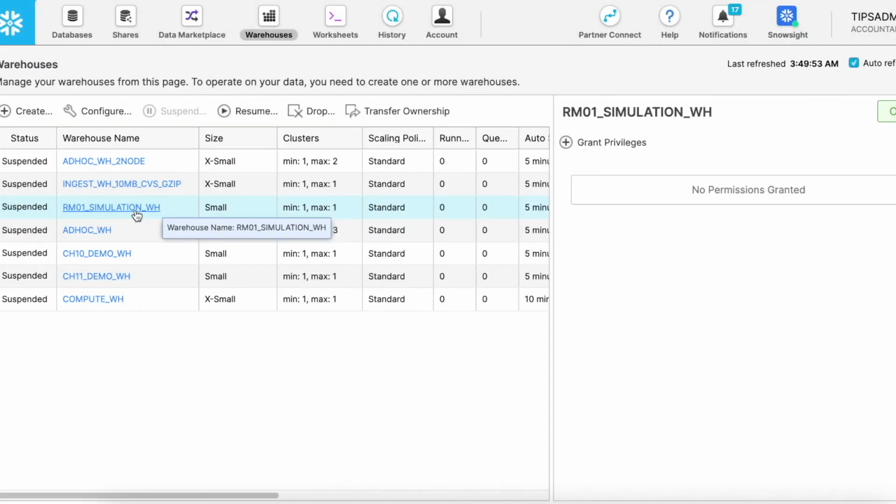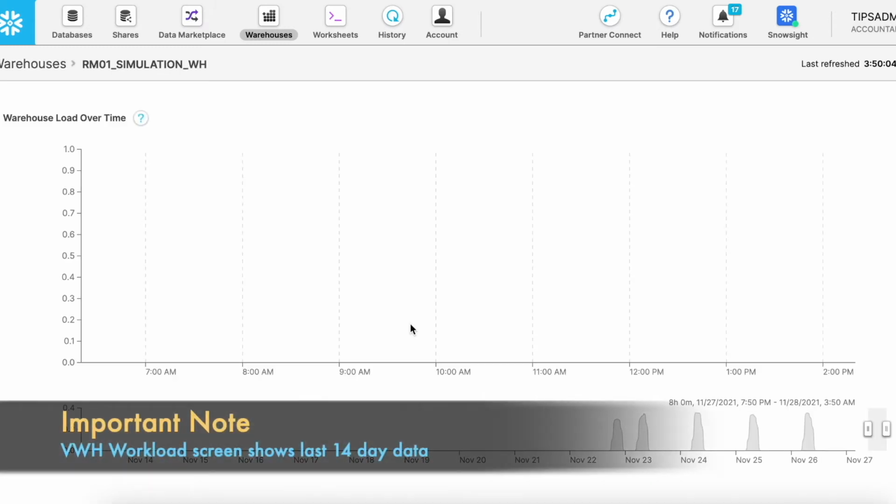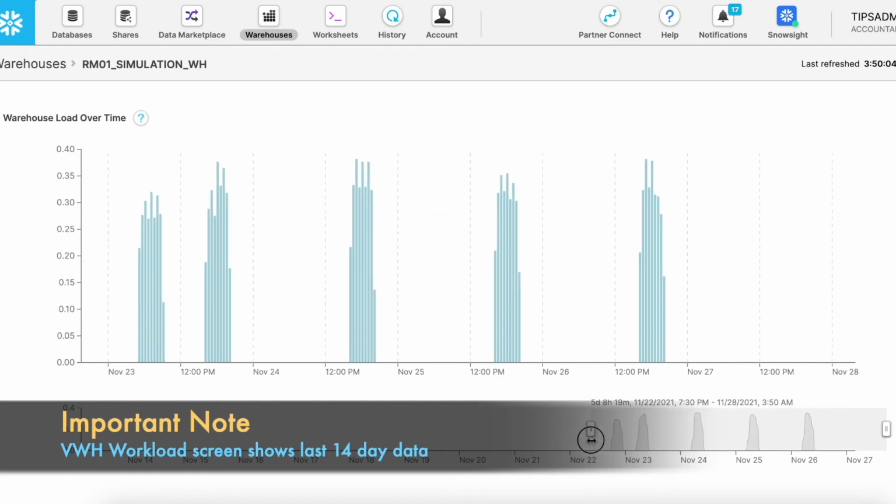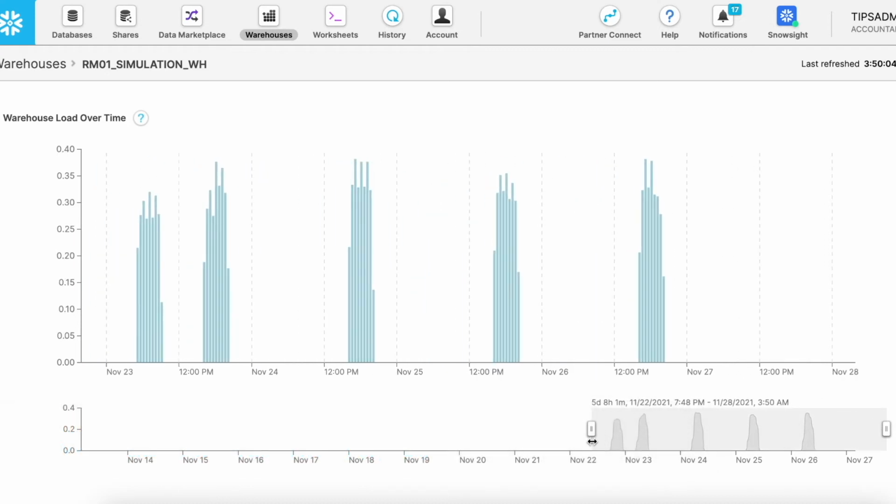If your ETL or ELT job is running at a certain frequency and you would like to see how the workload looks, you can click on the virtual warehouse name. It will take you to this screen. You can use this slider and see how your workload looks. If all the colors are blue, it means your workload is pretty manageable by the size of the virtual warehouse. If you have set some alerts, then you would be able to see how many alerts you have. We'll see it later in this chapter.